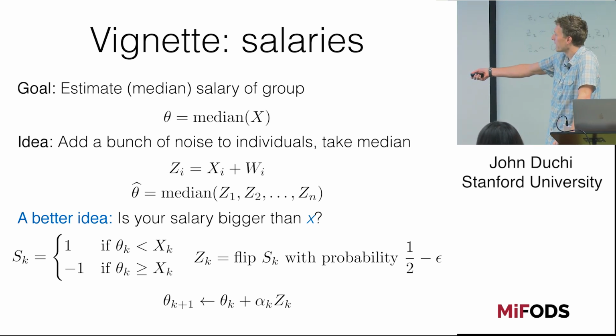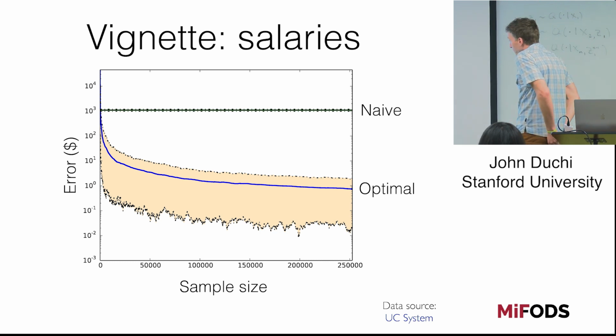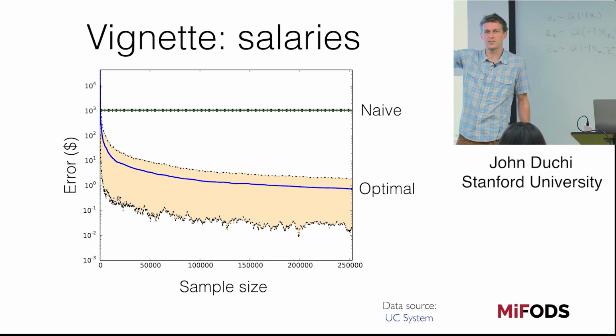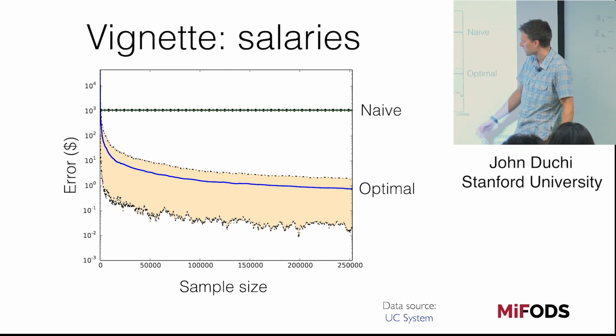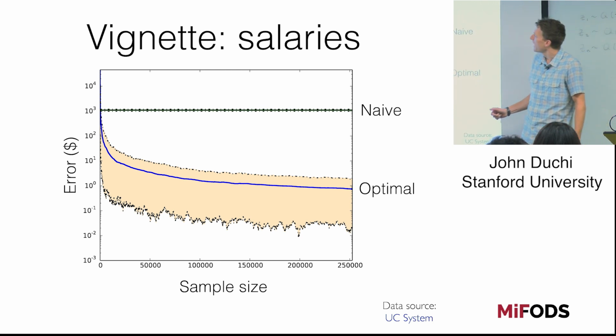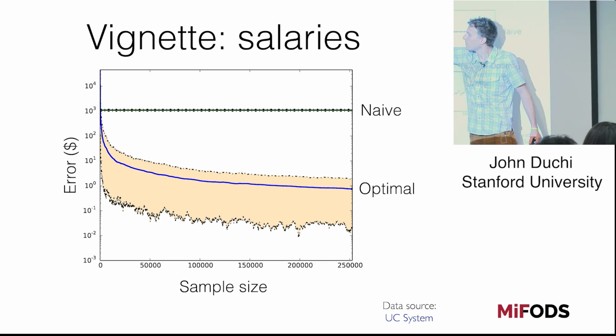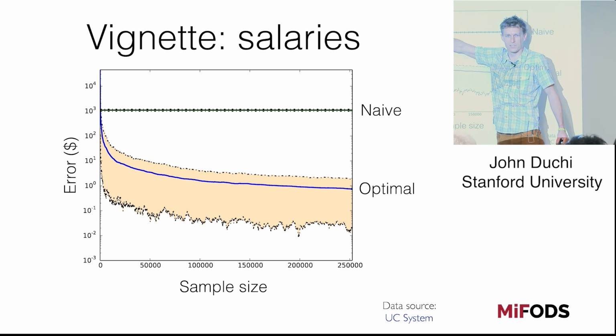So I'm going to have one where I add a bunch of noise to my individuals, and one where I just ask yes or no, is your salary above or below this. And each of them will provide the same exact privacy guarantees. So here's this naive estimator where I've added a bunch of noise. It gets to see the entire sample with noise added. That's 250,000 employees, which is actually all the employees of the University of California school system. For the privacy guarantee I'm providing, I think I used epsilon equals 1. It's got an error of about $1,000 in terms of median salary. So you're about $1,000 off.